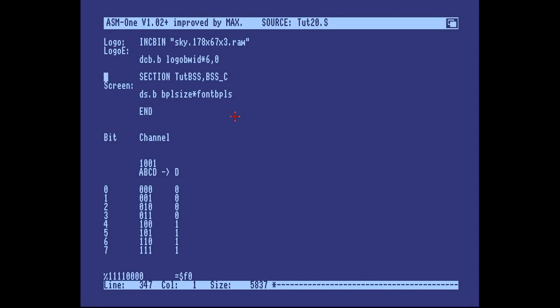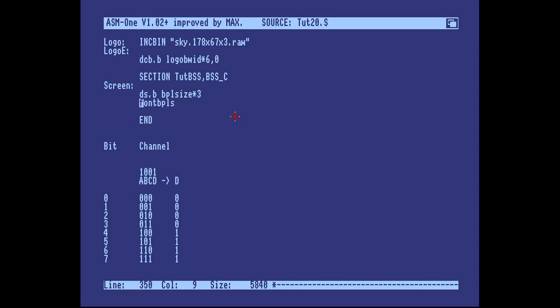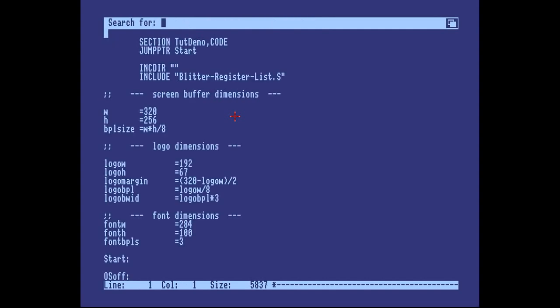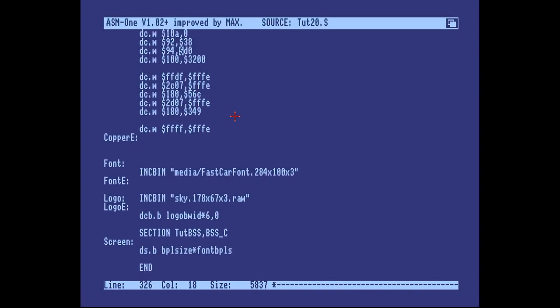That makes it dynamic. I could have typed 3 here, but of course if we change the font to one with 4 or 2 bitplanes, we have to change it all over the place. And this is a good exercise as well, to make this fixed